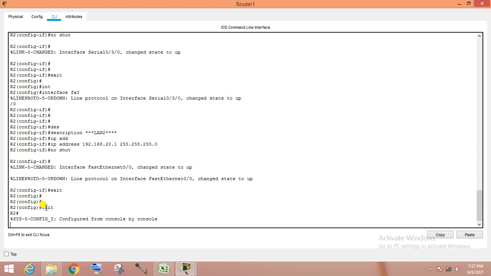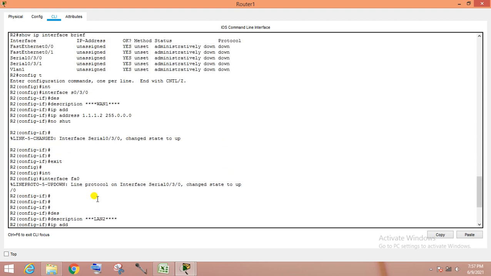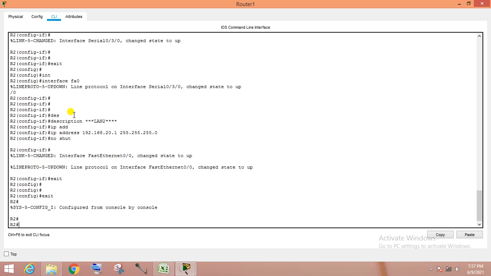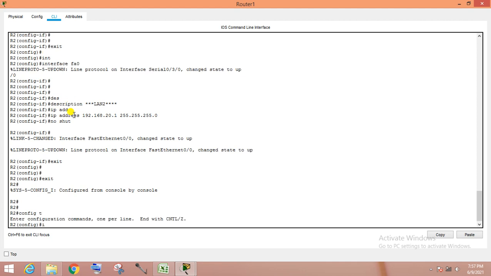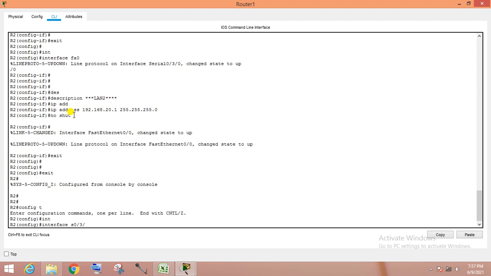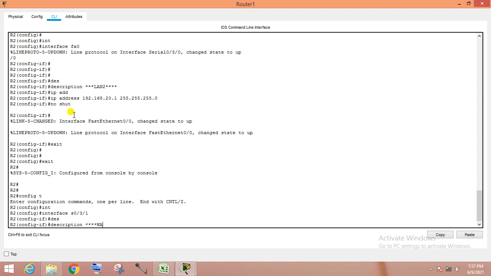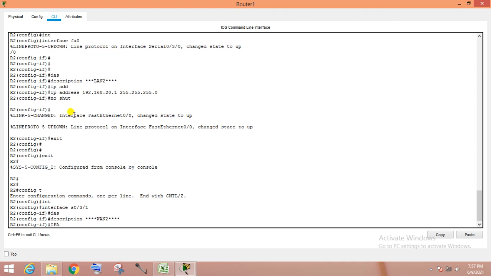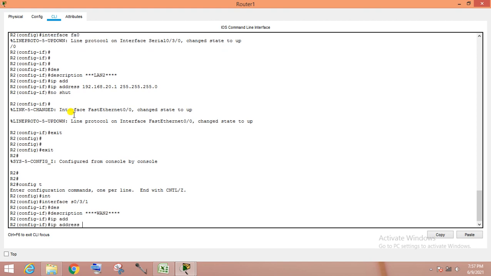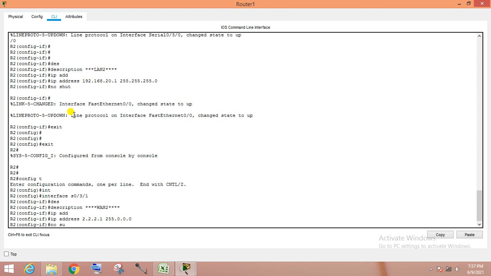Now we have to give the IP address on which interface? S0/3/1. Config t, interface S0/3/1, description command: WAN 2 link. IP address 2.2.2.1, with the mask, okay. No shut.